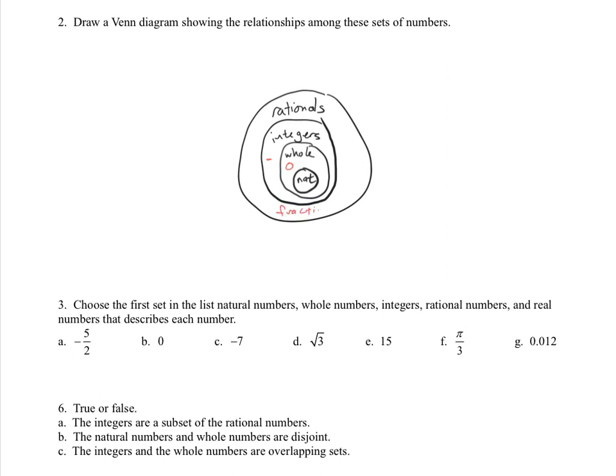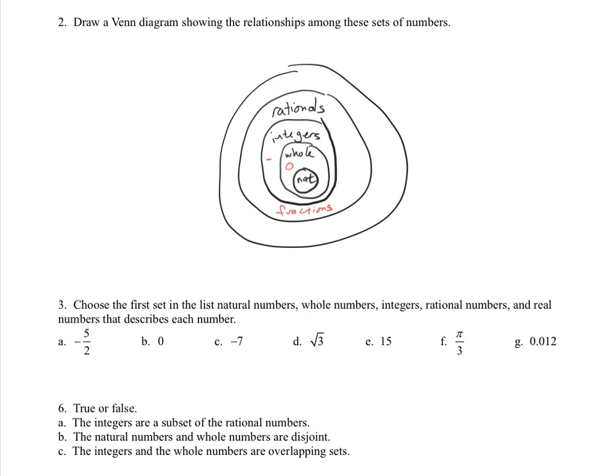So if we add the fractions, we get the rationals bubble. The next bubble, well, see up in the description we had irrationals. Well, irrationals and rationals are disjoint sets. They don't overlap at all. So how we denote that